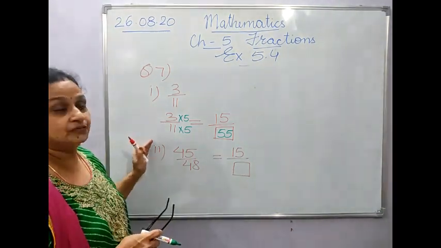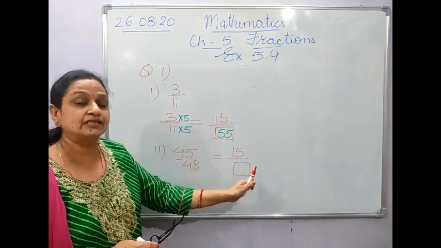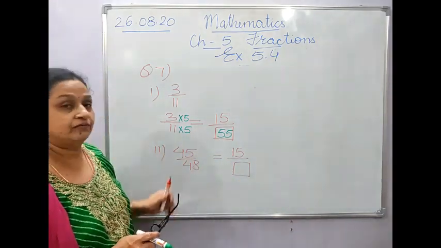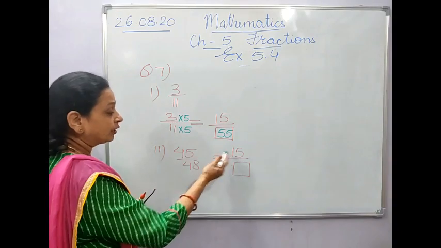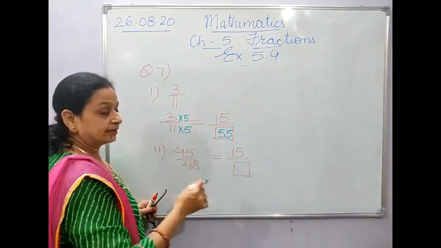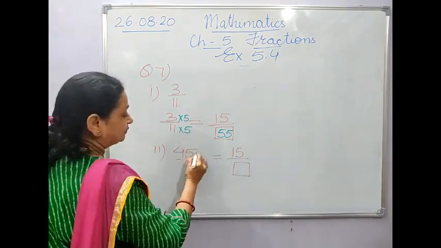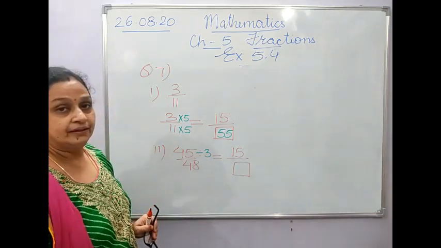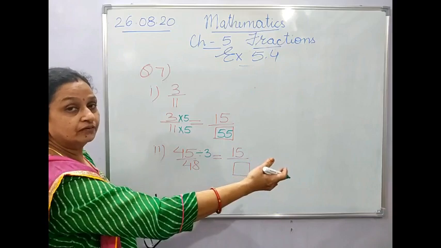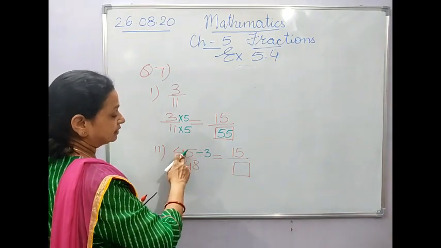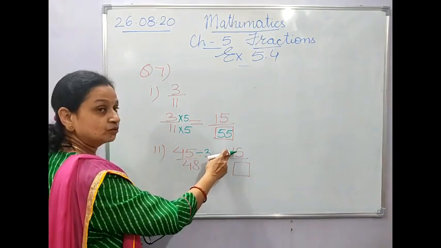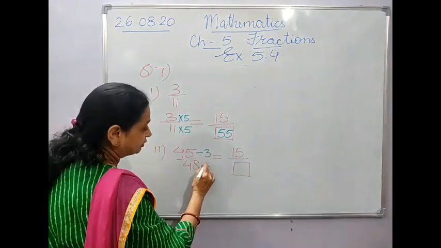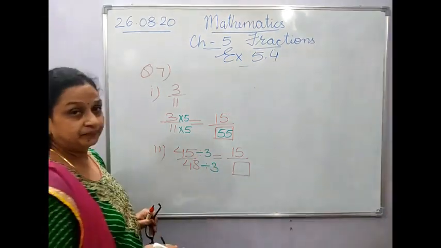When the left side is bigger than the right side, or the answer side is smaller than the question one, you have to divide. Now, with what do you have to divide to get the answer 15? That means you have divided it by 3. You can solve it in the rough. You have divided this 45 by 3, the answer you got is 15. That means you have to divide this also by 3.